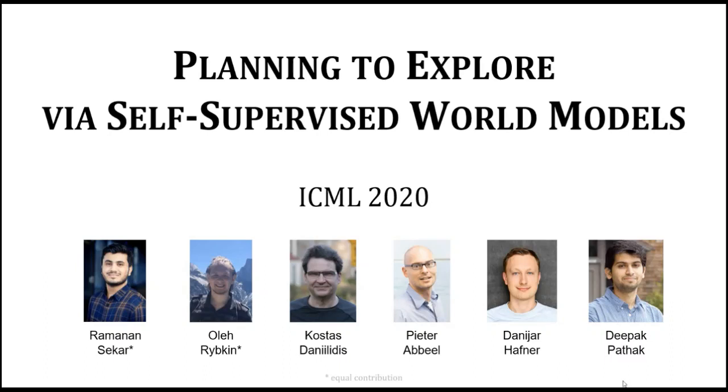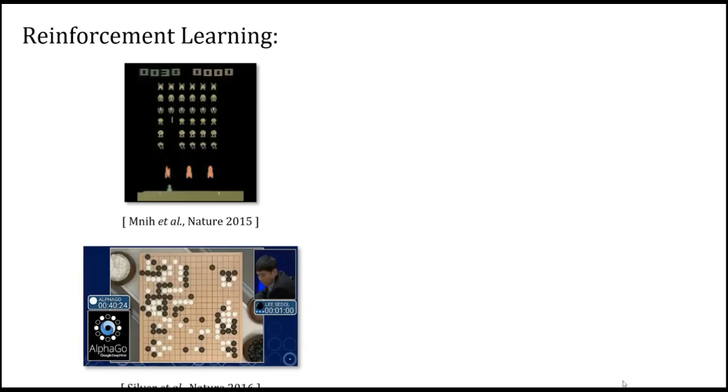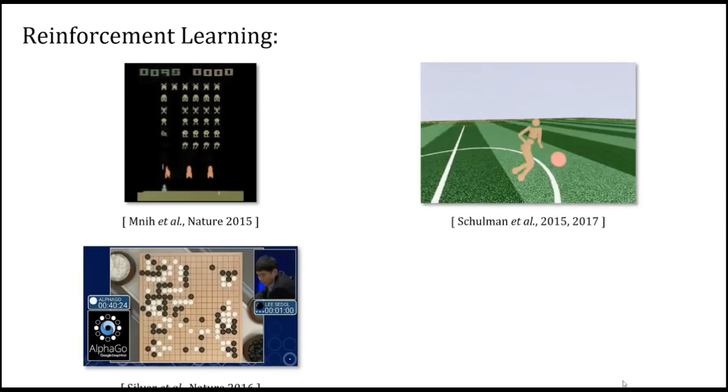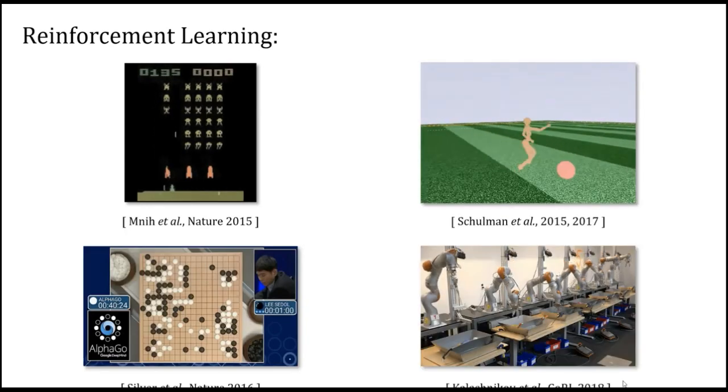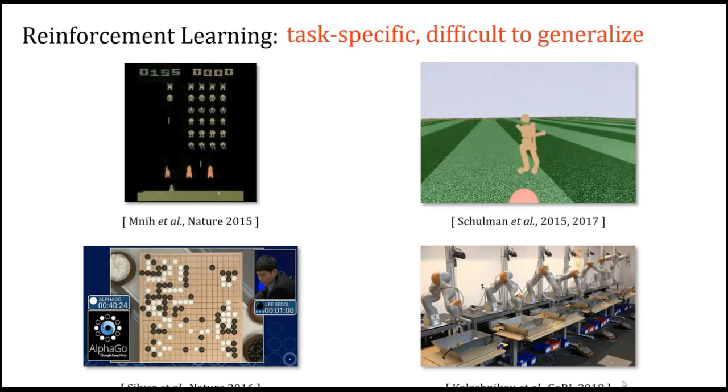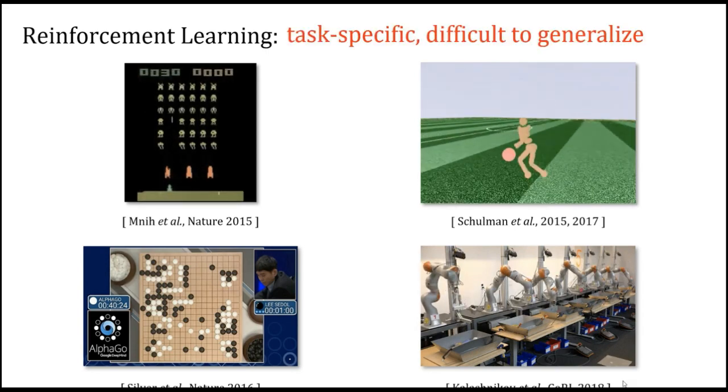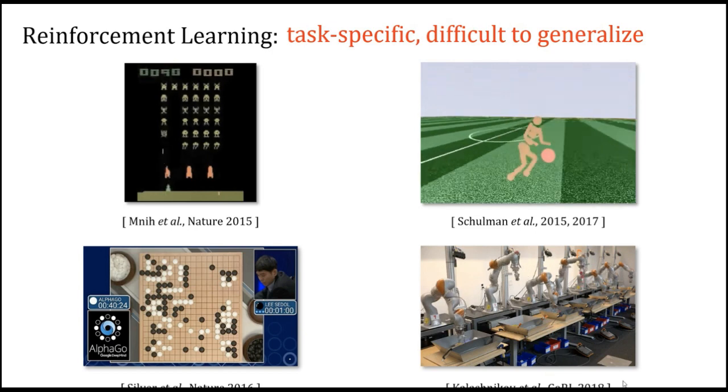We present planning to explore via self-supervised world models. Reinforcement learning has shown some very impressive results in several domains. For instance, video games, board games, and even robotics tasks in simulation and in the real world. However, these agents are usually trained for a single specific task from scratch and require a large amount of task-specific